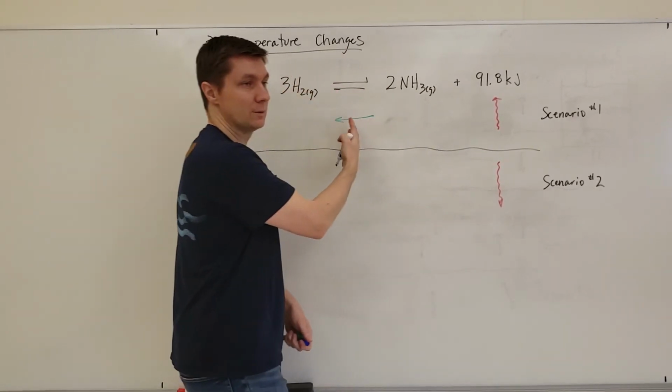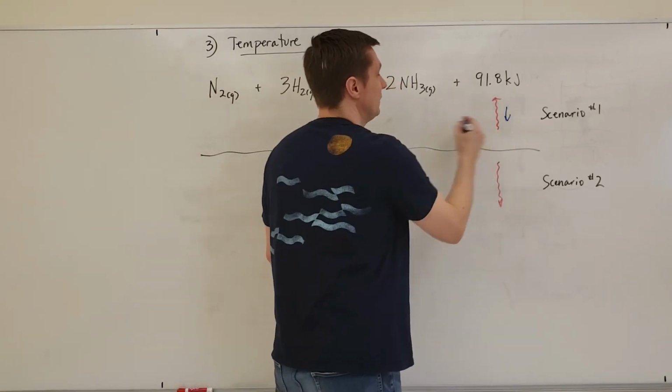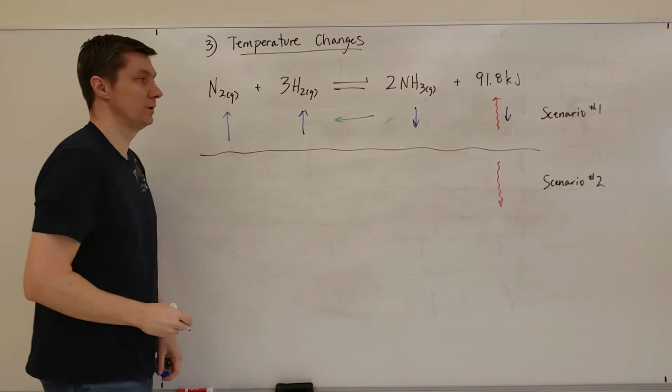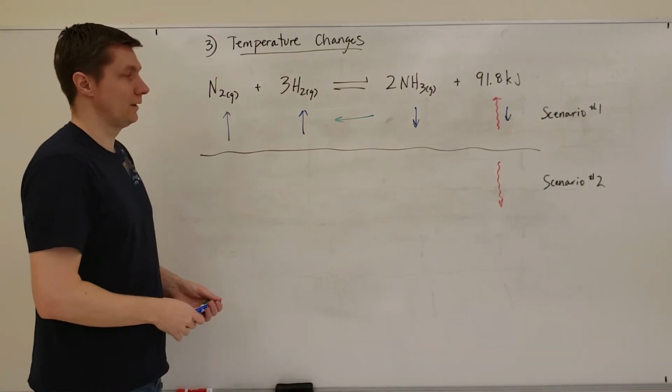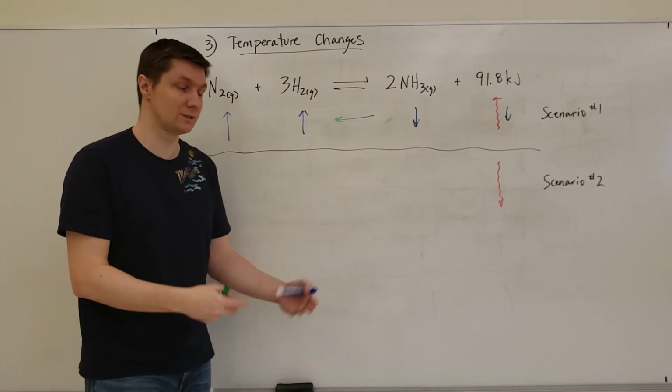And the only way to use up the heat is to make the reaction run like this. So these will all go down, and then inherently all these other things will be affected like that. If you look at scenario number 2, where instead we're not increasing the temperature but decreasing the temperature,